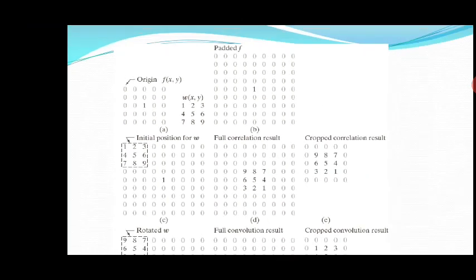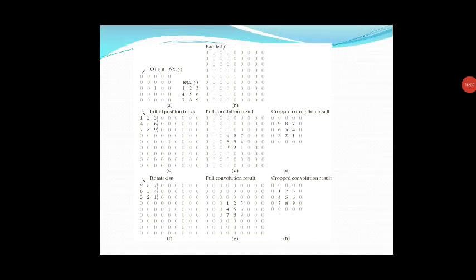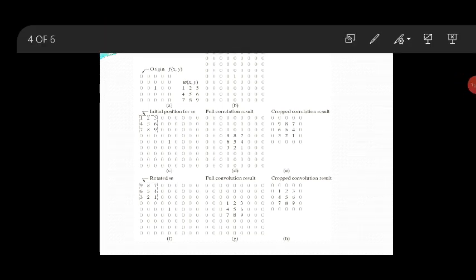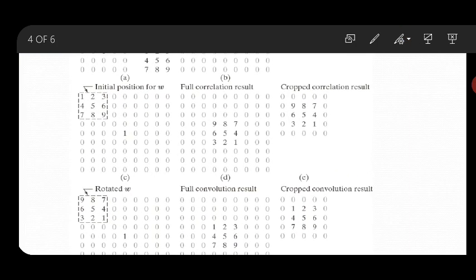Now similarly, we will go for convolution. In one-dimensional convolution, what have we done here? We performed a pre-rotate of W. When you perform a pre-rotate of W, whatever the value of W, it will be rotated, and we will scan it in a similar fashion to how we perform correlation.